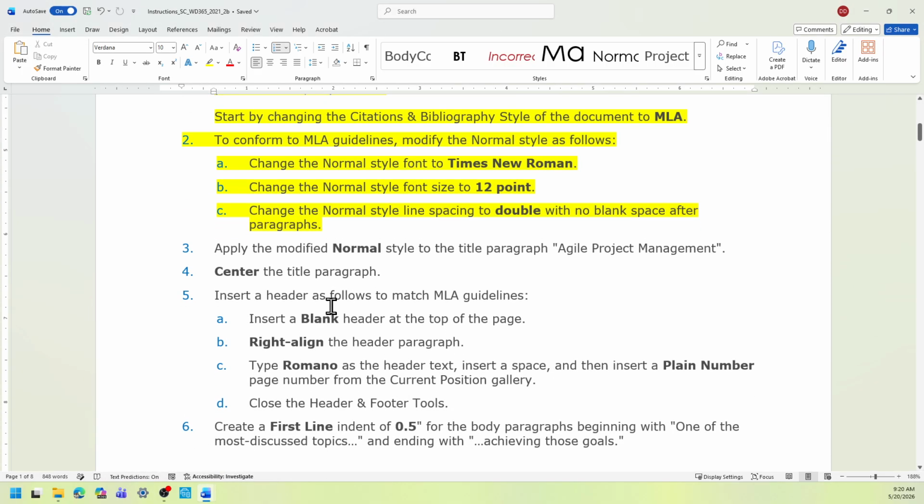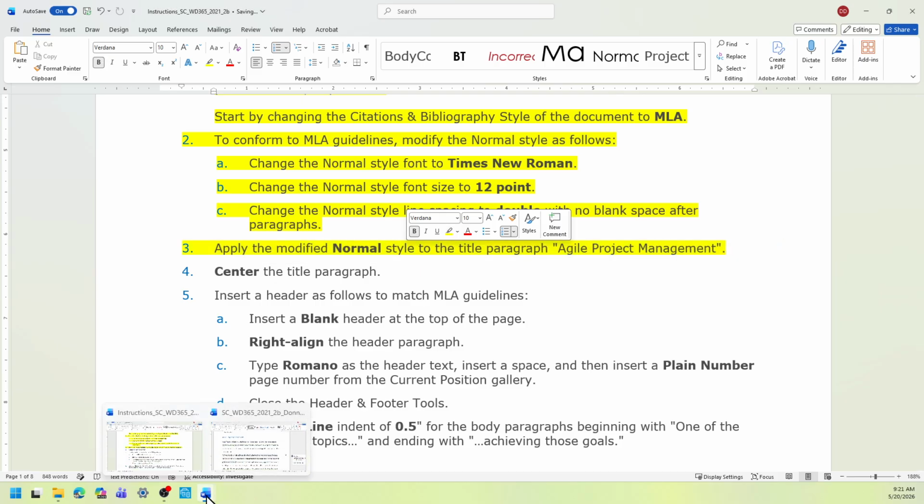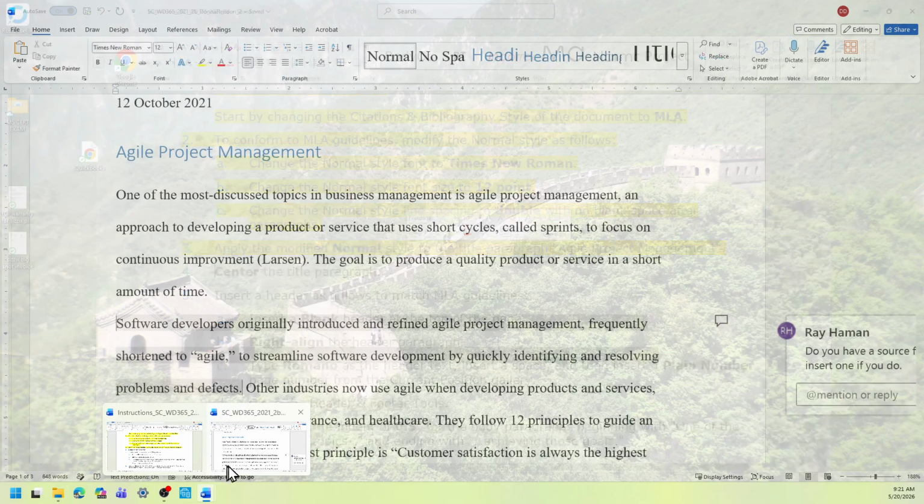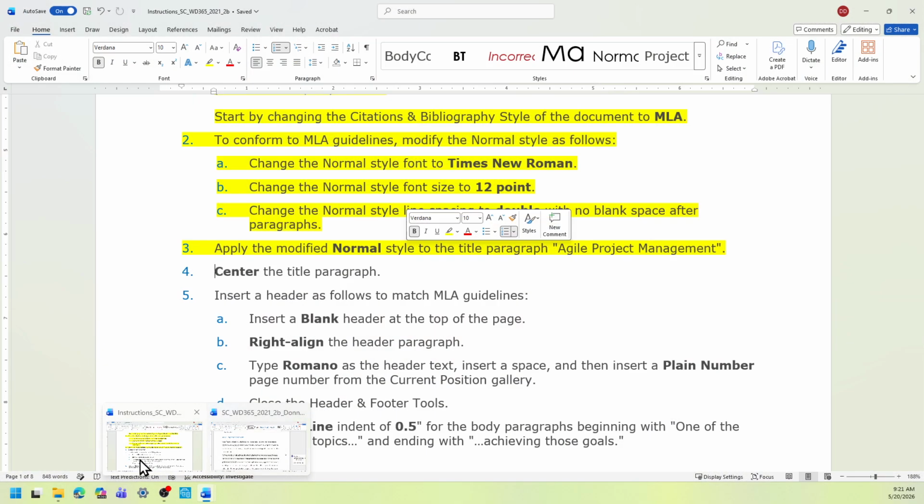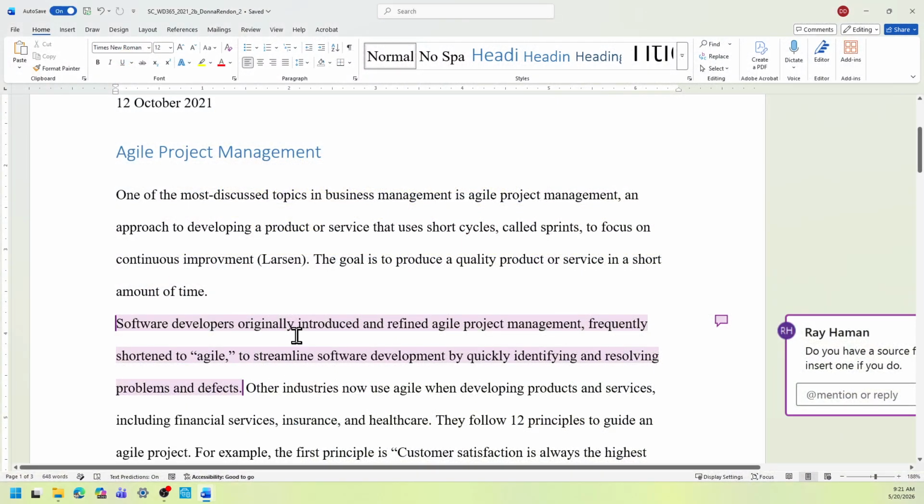Alright. So the third one, step 3, apply the modify normal style to the title paragraph, Agile Project Management. So it says normal style, right, for the title paragraph.